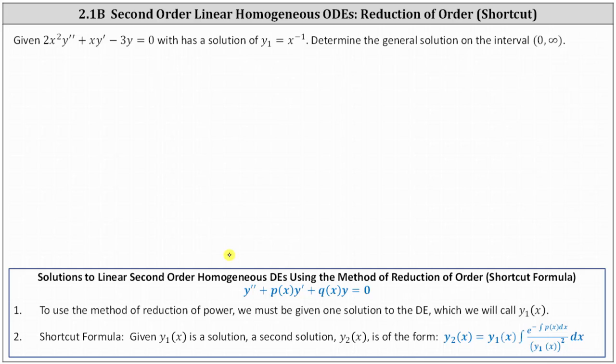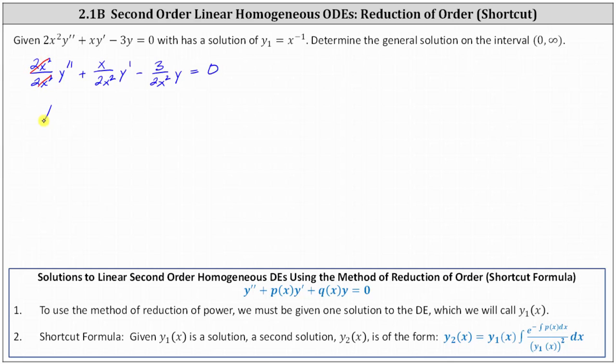In order to identify p of x, we do have to have the differential equation in the form shown here, where the first term is y double prime, which means for our differential equation, we need to begin by dividing both sides of the equation by 2x squared. Dividing the right side by 2x squared, we still get 0. Simplifying,